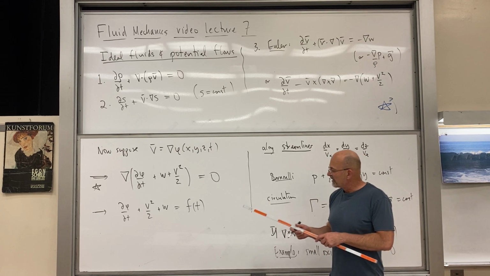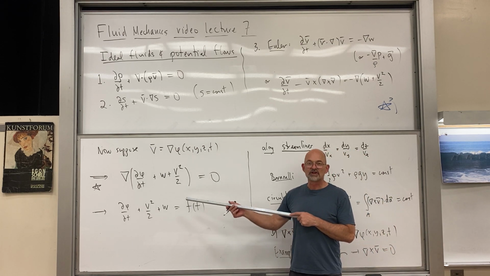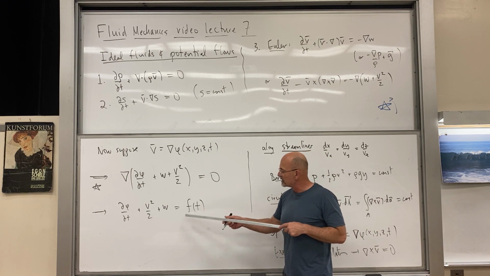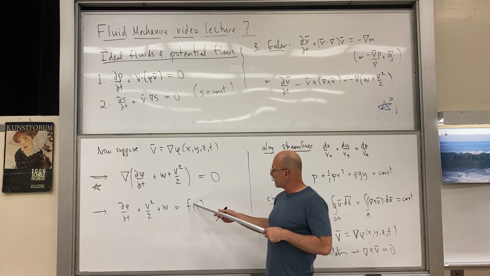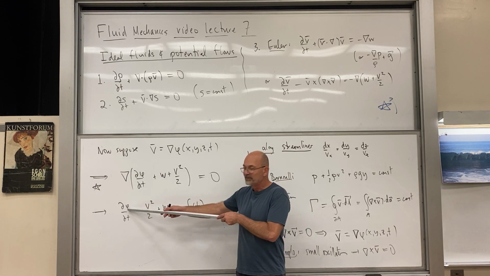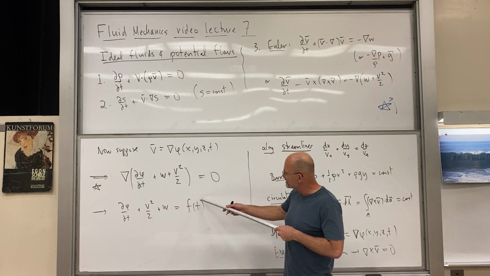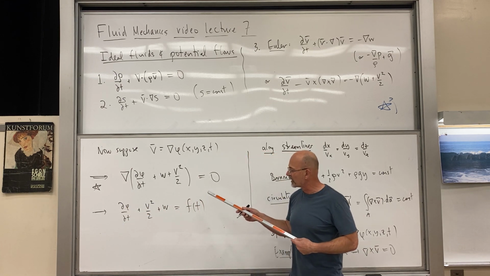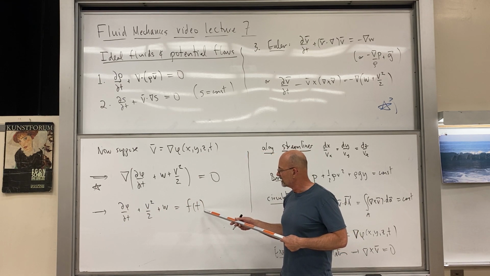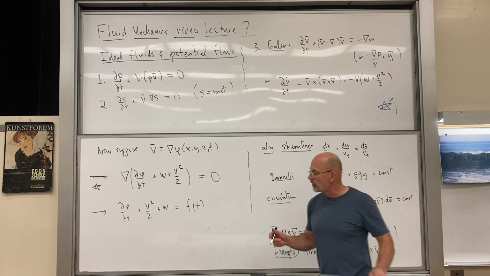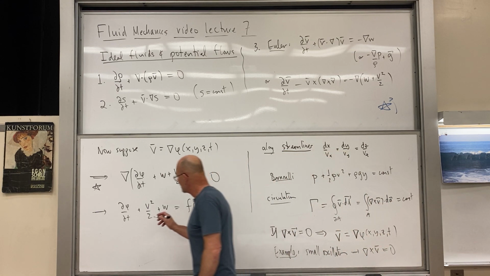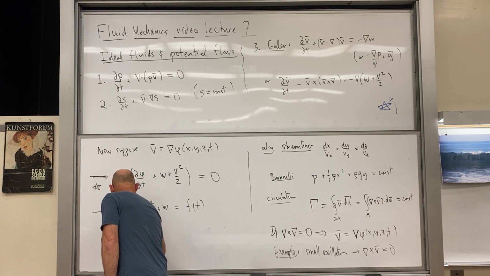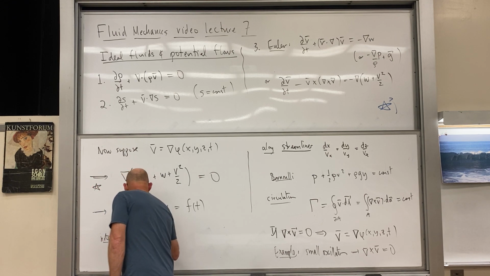We're never going to have to actually know what this function of time is. When we make use of this formula, we can imagine that it's absorbed into phi itself, right? So you imagine the antiderivative of this is absorbed into phi, and the time derivative just takes care of it. But what we do have, if phi is not explicitly a function of time,